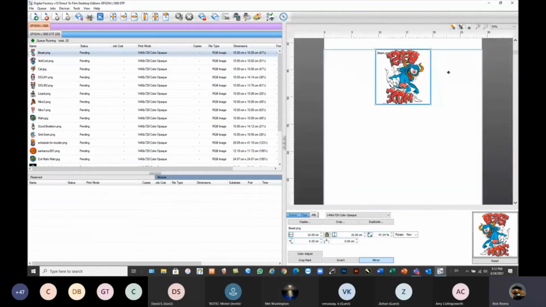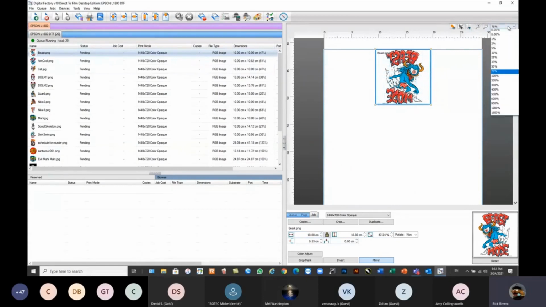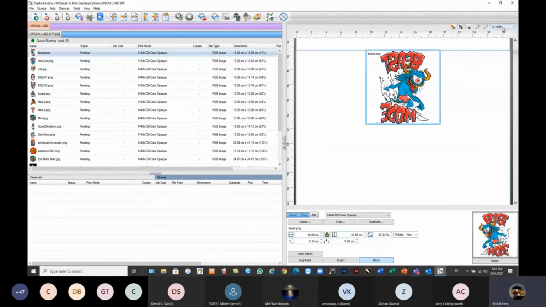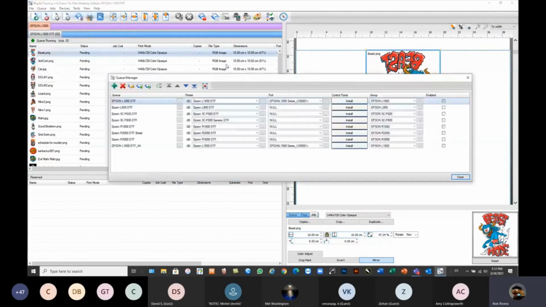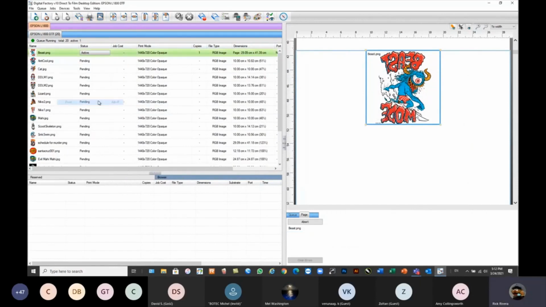All right. Now in the preview, you can also set grid view. Okay, so you can set up a grid view. You've got your zoom tools. You can zoom to fit, to the width, or to selected area. The bottom left corner here is your reserved area. Okay, the reserved area is for your jobs that have already been printed. Okay, so if I go ahead and set my port to null. Okay, so in here, if I go in and print this file, for instance,